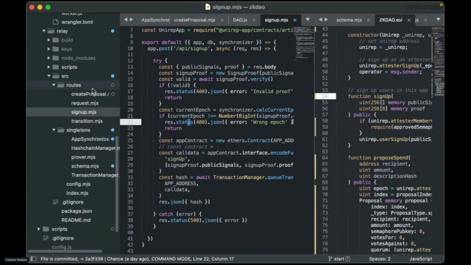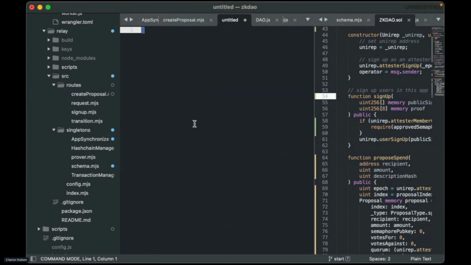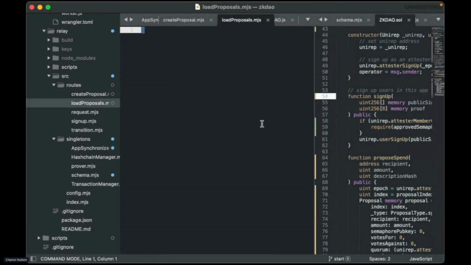So right, we have the path to create a proposal, but we don't have a path to actually list the proposals. I'll also just copy this one instead of writing it because it's pretty simple.